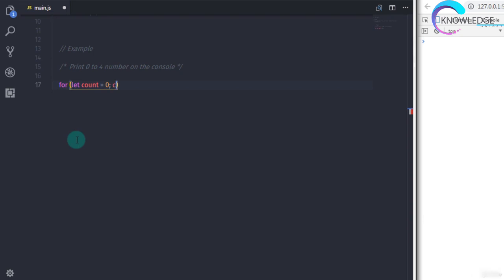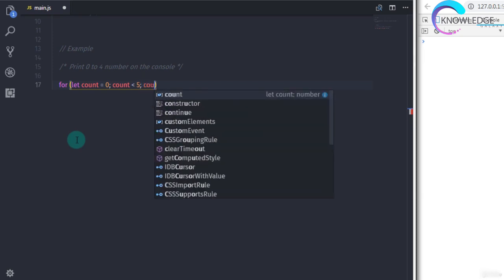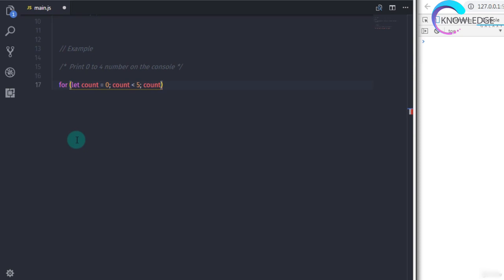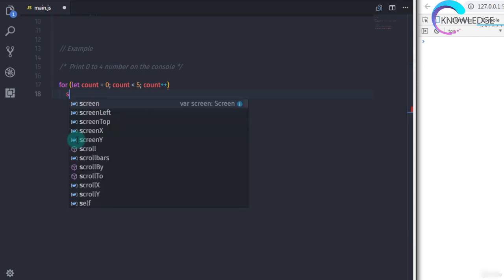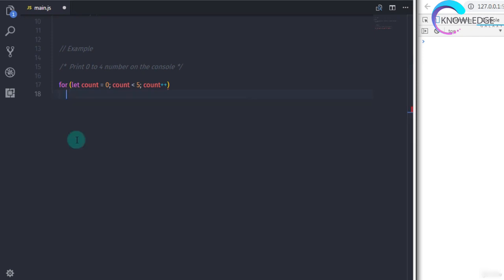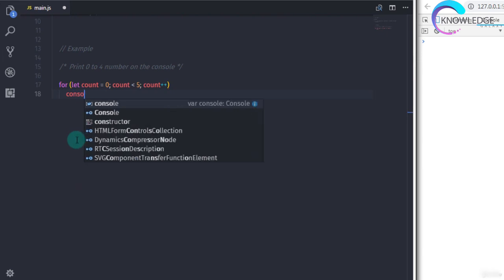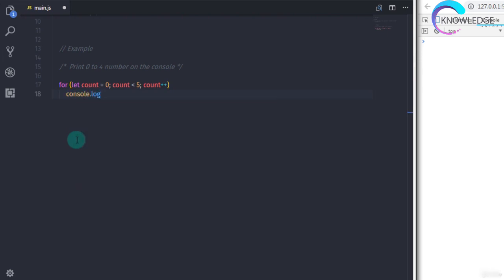Don't forget to specify a semicolon after each expression, right? Then we specify count is less than 5, semicolon, and then specify the increment or decrement operator. So I will say count plus plus. I am using the increment operator here. Just after that, I will specify my statement.